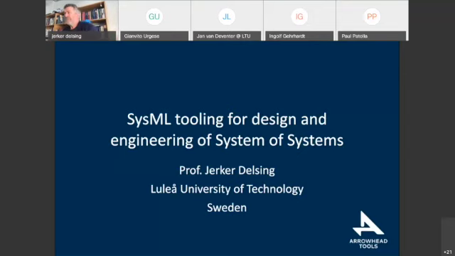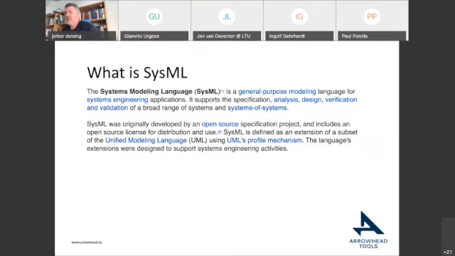The title of my talk is SysML Tooling for Design and Engineering of System of Systems, and this is part of the Arrowhead Tools project. First, a few words on SysML. This is not a tutorial on SysML, but just to introduce it to those that may not have heard of it. It's a general purpose modeling language for system engineering,